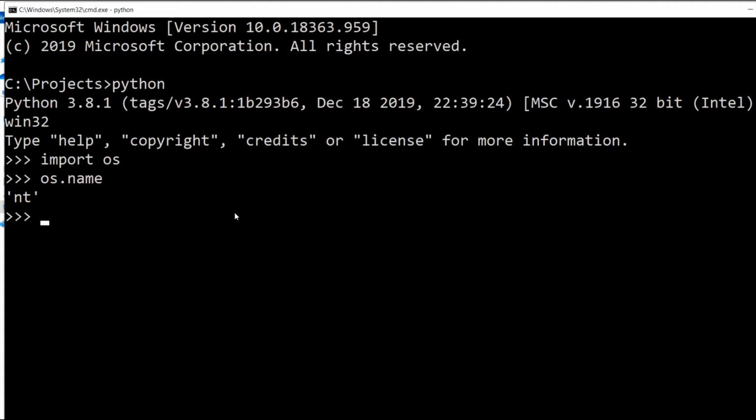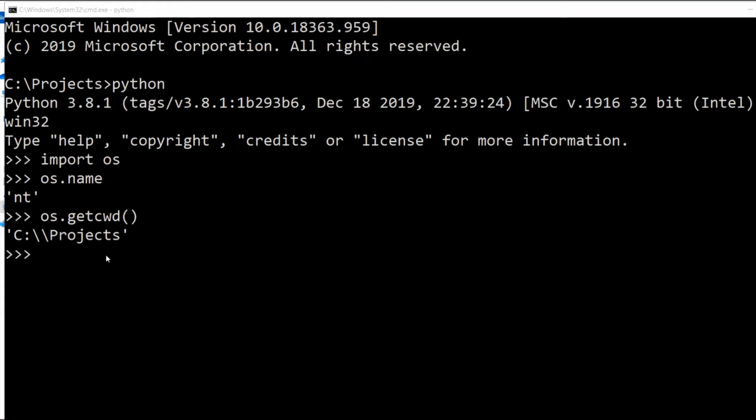For the current directory, I can write directly os.getcwd. CWD stands for current working directory, and here it will return the current directory of mine where I have opened this CMD.